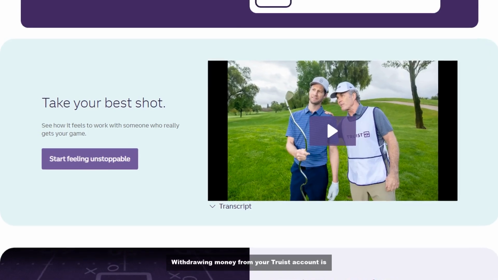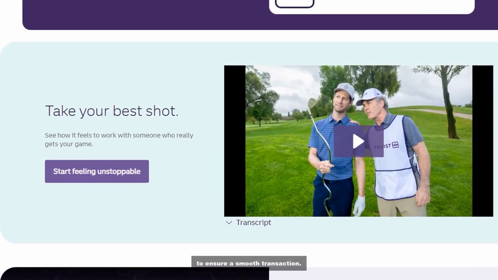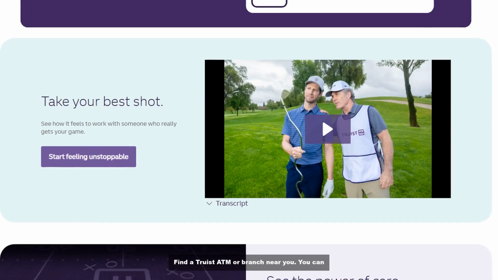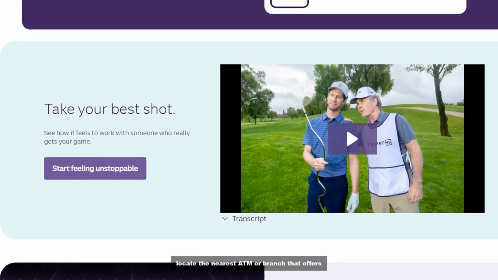Withdrawing money from your Truist account is a straightforward process. Follow these steps to ensure a smooth transaction. Step 1. Locate an ATM or branch. Find a Truist ATM or branch near you. You can use the Truist mobile app or website to locate the nearest ATM or branch that offers cash withdrawal